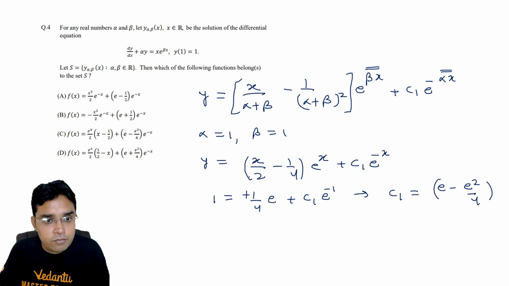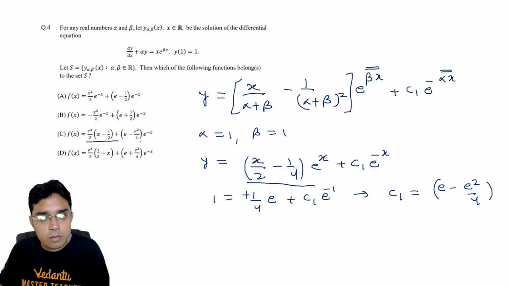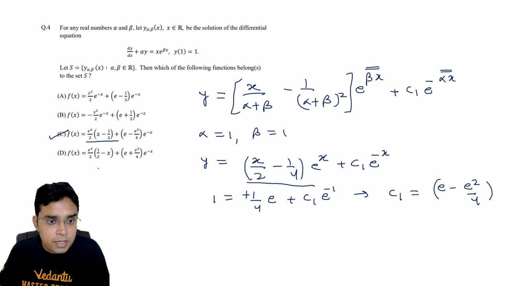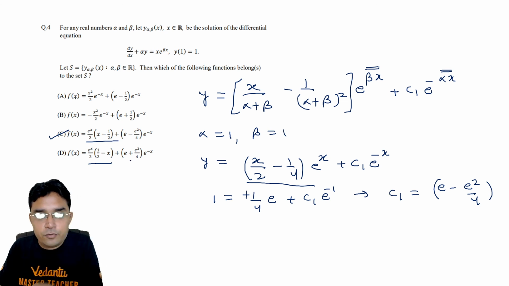So let us check which option is matching. If I go to the C option, it is e power x into x minus 1 by 2. So they have taken 1 by 2 common. So far this seems to be correct. And then e minus e square by 4 into e power minus x. So C seems to be correct. In D, they have made a minus sign here, and instead of minus, they have put a plus sign here. So the correct answer for this is